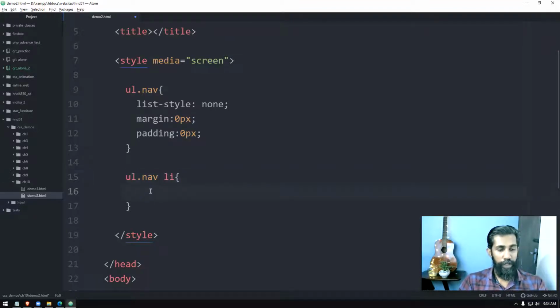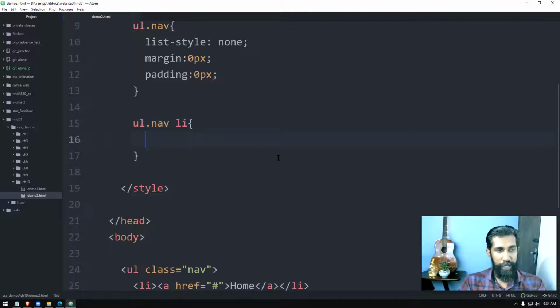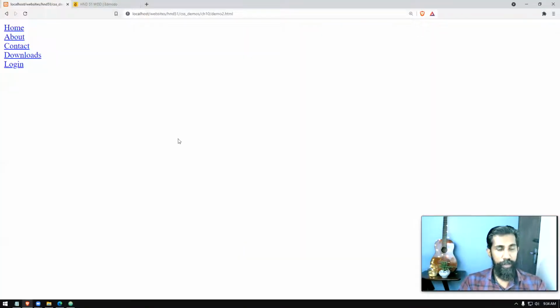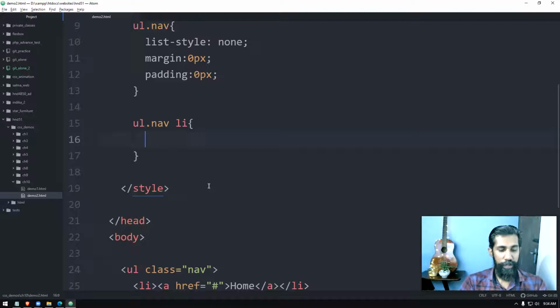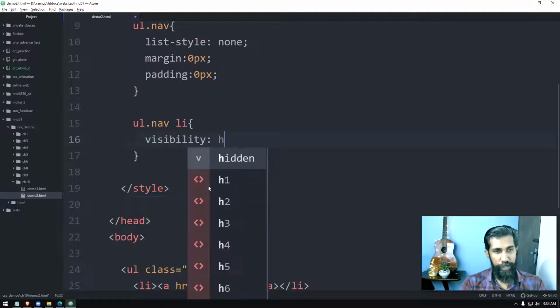Okay, right. Now I'm going to do a small thing. When I write CSS code like this, the rule I have written here, will it work? Will it apply the settings to the components? We have to check. So I'm going to use the visibility attribute, and I will simply use hidden.